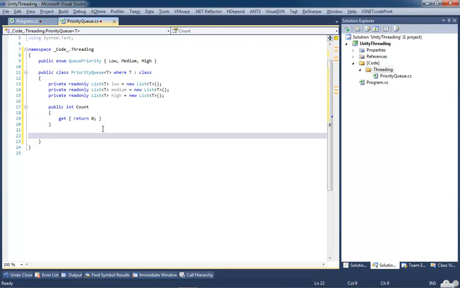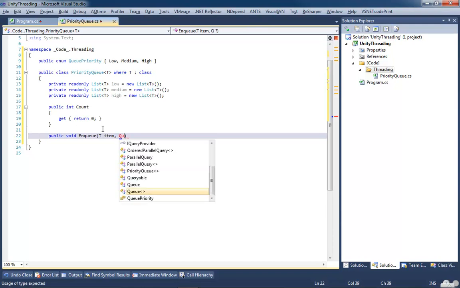All right, so let's go ahead and put in the skeletons for the rest of this. So we'll have enqueue. I still think enqueue is probably the weirdest word in the English language. Personal opinion, though. All right, so we're going to enqueue type T, and we're going to get a queue priority,